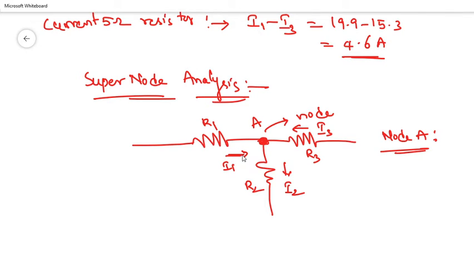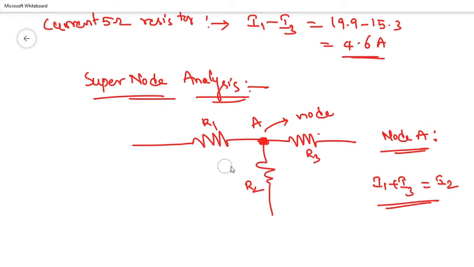So here, I1 is entering and I3 is also entering, so I1 plus I3, and I2 is leaving. Entering currents equal leaving currents. So this is the equation that we are going to follow in nodal analysis. If in a problem no currents are mentioned, then we are going to take the node value as V, whatever the voltage drop across that particular node, that we are going to mention here.